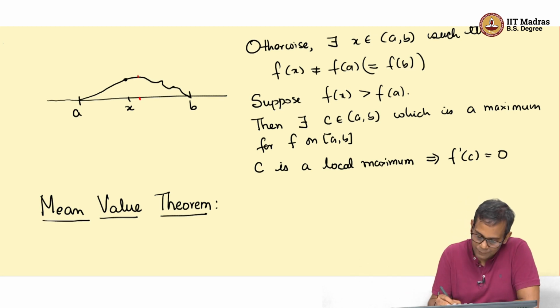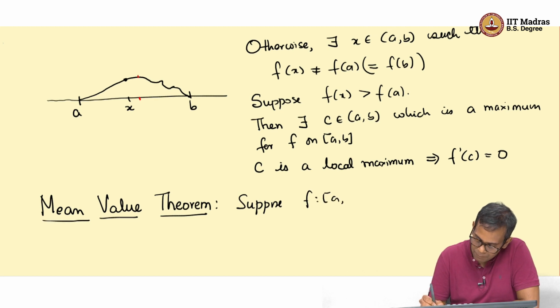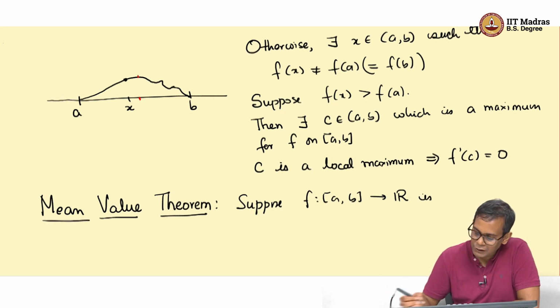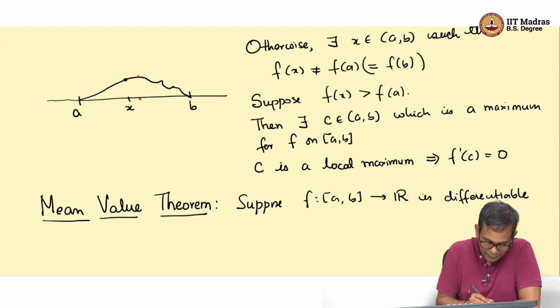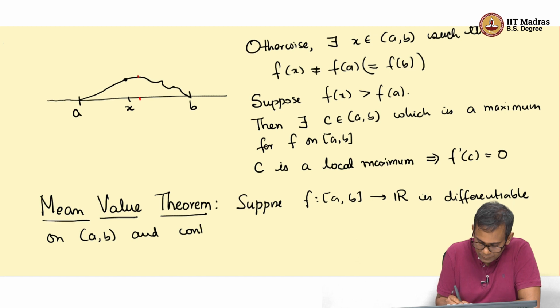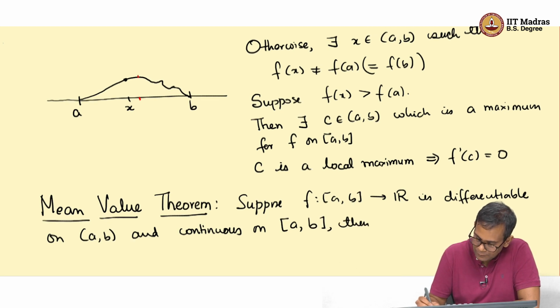So, suppose f on [a, b] is differentiable at every point in the open interval (a, b) and continuous on the closed interval [a, b]. The differentiability and continuity hypotheses remain the same. Then there exists a point c that lies between a and b such that